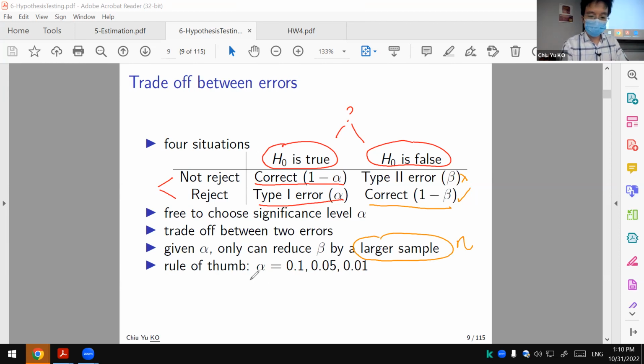As I said, there's a rule of thumb for alpha. So that would be the terminology we have been learning. Is that okay? Any question? I know there are a lot of new terms, and it will take you some time to familiarize yourself with them, because you have to relearn these terms. We just have to follow what has been done in the field. Any question? If no, then we go